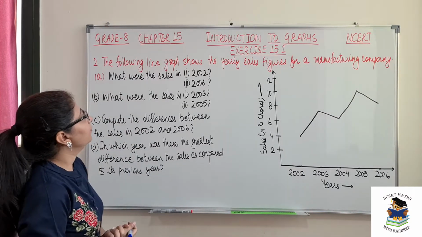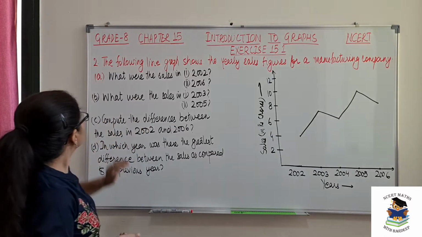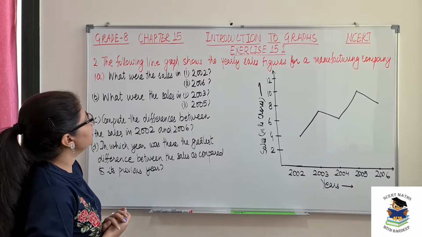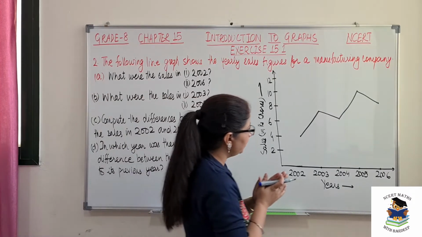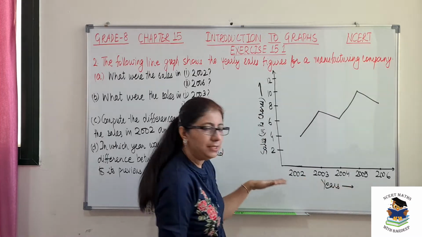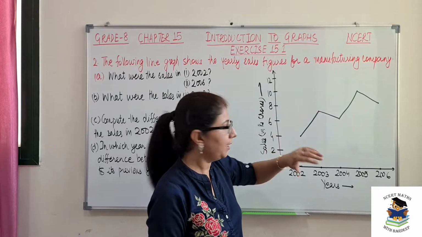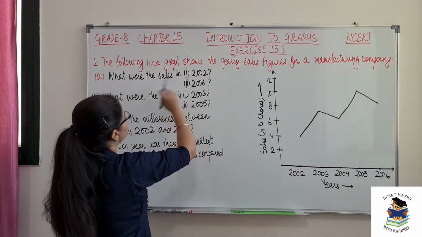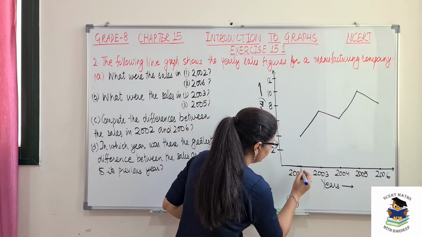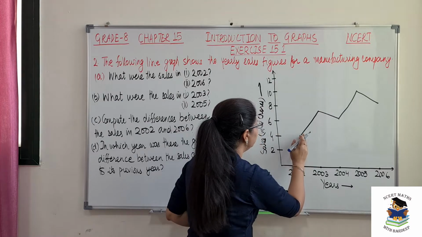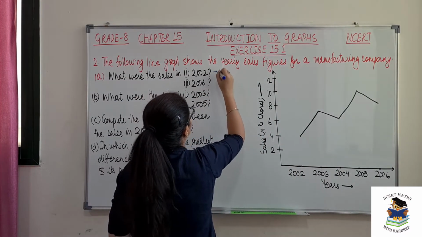The following line graph shows the yearly sales figures for a manufacturing company. So the first part is what were the sales in the year 2002 and 2006. First let's understand our graph. Again on x-axis years are given and on y-axis this is sales in rupees crores. Okay, so we need to find what were the sales in 2002. So this is 2002. So this is the point and we can see this value ends at 4. That means for 2002 this is 4